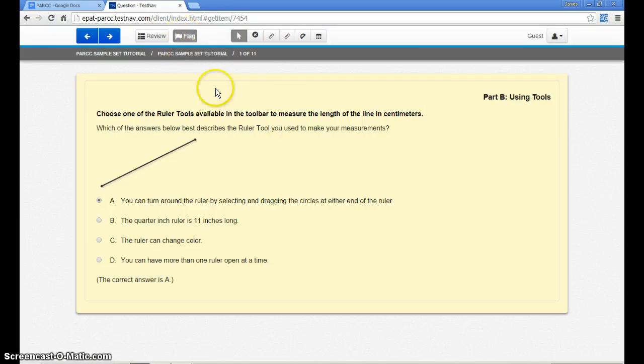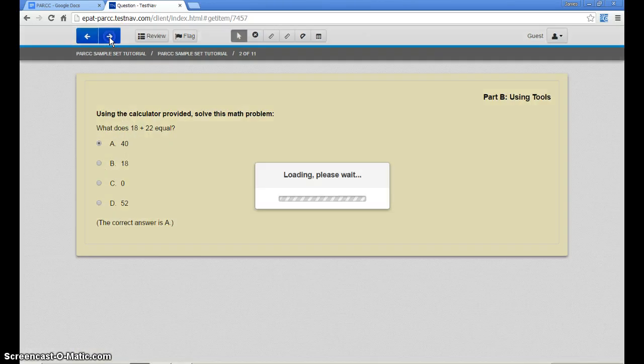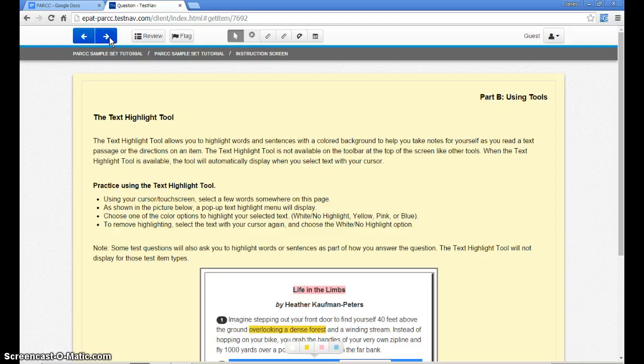So I'm going to click flag, and we're going to get back to what that does and where you find it in a little bit. So let's just flag that for now, and that will be known as a question that we want to go check out in a little while. So let me continue on. I'm going to skip a few slides here in this tutorial and go to something